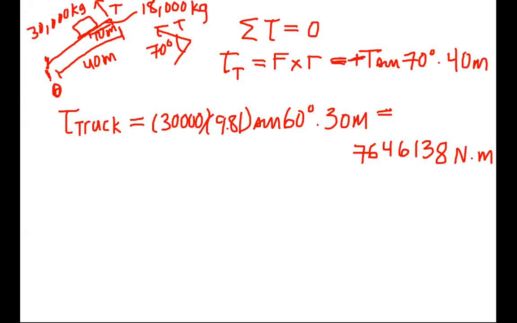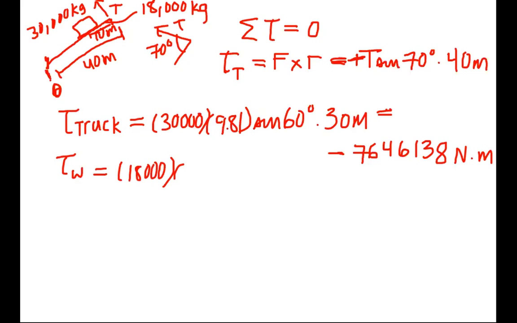Using the same kind of logic, we can use the right hand rule or just look at which direction causes rotation. We can see it would be a clockwise rotation, so it should be negative. Yeah, so that's negative. And then that just leaves us with one more torque, which is from the weight of the bridge. So torque due to weight, which then gives